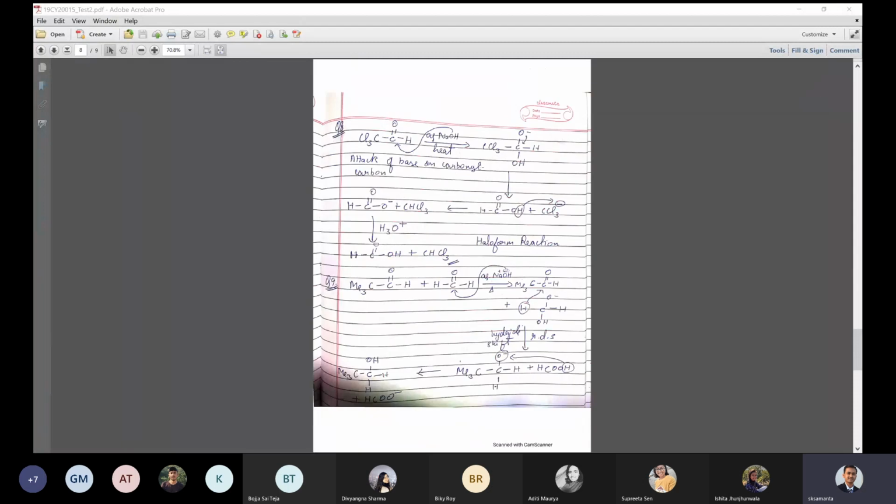This one, except one or two, I think all of you have done correctly. It will form CCl3 because CCl3 is a good leaving group. Instead of hydride donation, it will give up the CCl3 group. So you generate chloroform and carboxylate anion or carboxylic acid. In this case, it is quite straightforward. I have already done this in the class. So everybody has done it right.